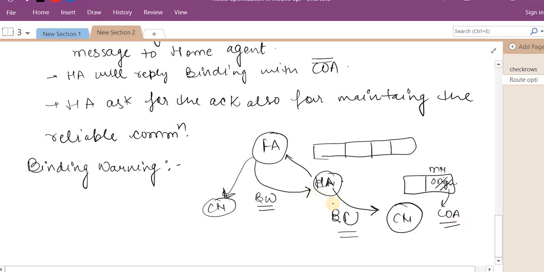After getting this binding update, the correspondent node will update with the care of address, and next time it can use the care of address in place of the original address and make direct communication with the mobile node. So that is called the binding warning.